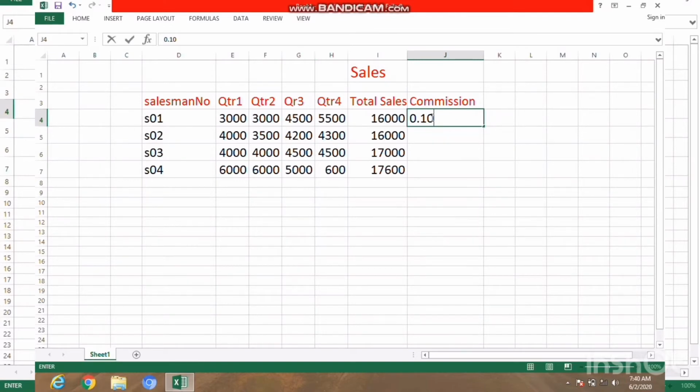So for that I have to find out the 4 salesmen's commission. Okay, so for that I will write 0.10 in one different cell. Okay, 0.10, that is our commission rate.